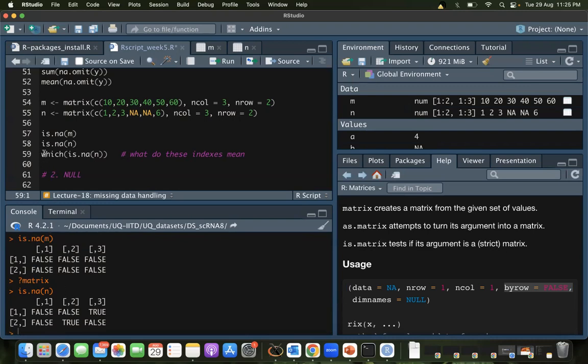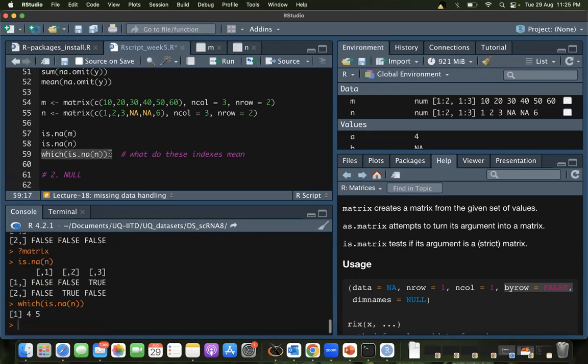But now, what we discussed there was that we would like to find at which indices the TRUEs are, right? So if I do this here, it's actually telling me 4 and 5. Now, what does 4 and 5 mean? Can you tell me?